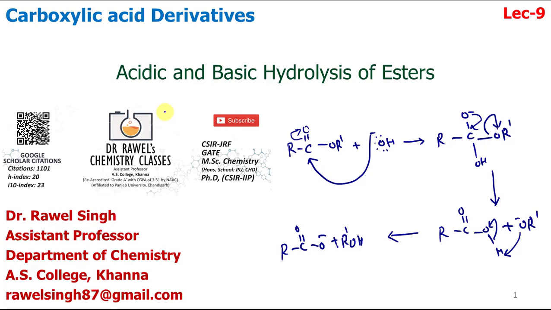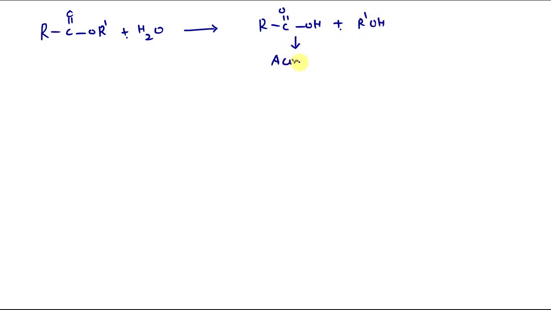Dear friends, today we will discuss acidic and basic hydrolysis of esters. So let us first see what hydrolysis means. So this is some ester molecule RCOOR dash. Now if we add water to it, that is called a hydrolysis reaction, addition of water. So they will form carboxylic acids plus alcohols. So this is your acid, carboxylic acid, and this is alcohol, and this is ester.